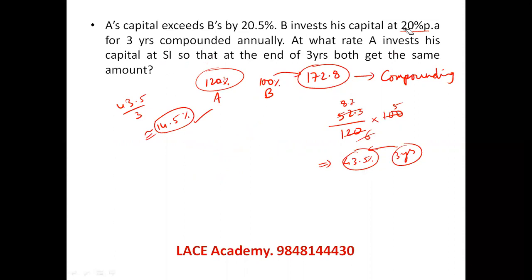Many people actually asked me very critically about this question because in many YouTube channels they have calculated a lot of things. Once you know 172.8, nothing more is to be known. You just have to see what is the percentage increase happening, nearly 43 in 3 years. So 14.5 is the nearest percentage he has to invest. Right? Let's see the next question.